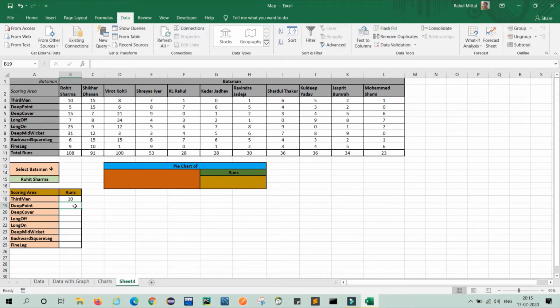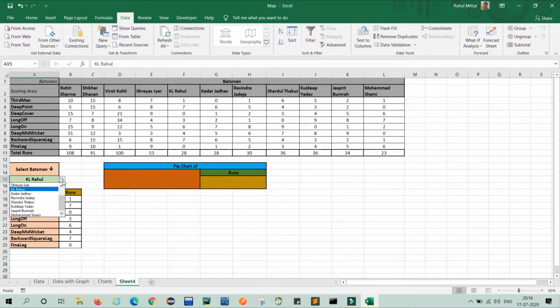Now you can see 10 is displayed here. I will select that cell and double click. Now it works, as you see, I selected Rohit Sharma. Now I will validate: whatever name I select from this drop down, it will show their data. So I select KL Rahul, and KL Rahul's scores are 17, 0, 3, 6, 4, 7, 0 and it's already displayed here like this. That means the validation we have used is working properly.